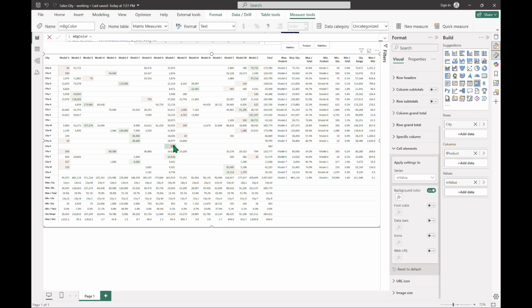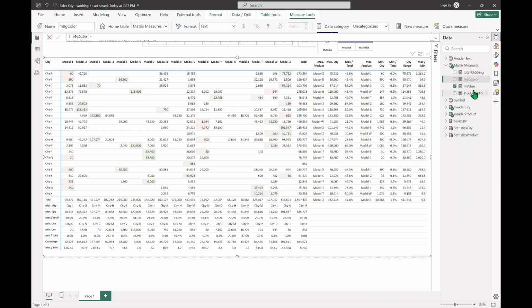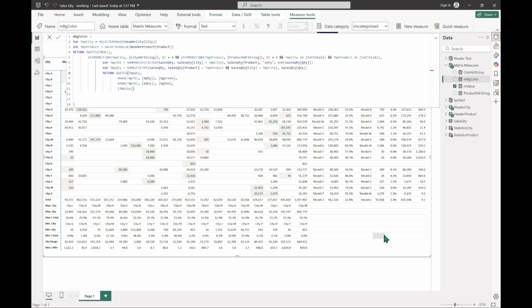All right, so that we can see if there is only one record for the temporary data table, we would not assign any color. Okay, then we open the MBG color. All right, here the count should be top. Why? Because if it is not at the top, for example, max X is at the top, this can return. The temp quantity will also equal to its maximum because it is itself. Okay, so no meaning. So that's why I say it has to be top. I mean the count X